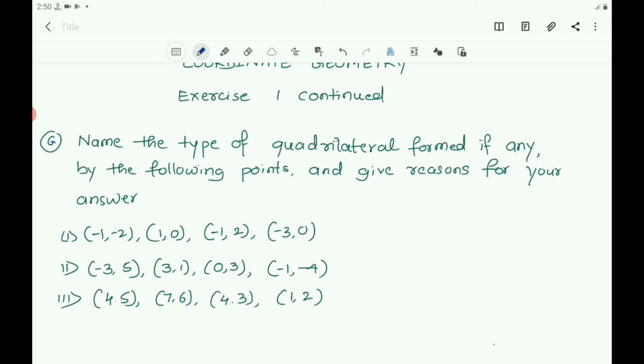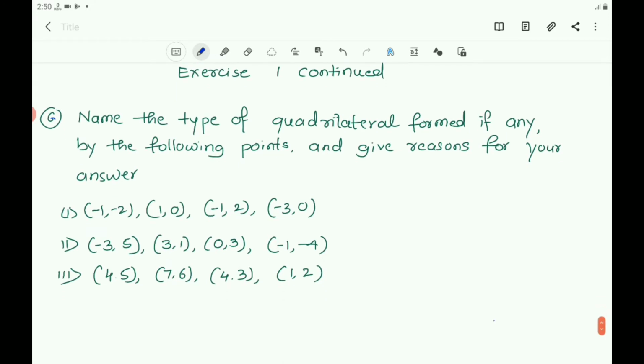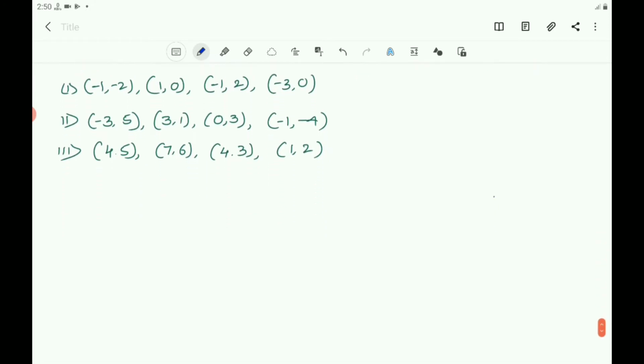Here you know that first we have to find the distance between the pairs of two consecutive points AB, BC, CD, DA, and after that we have to verify, if it is a quadrilateral, what type of quadrilateral is formed here. Now let us take one by one. First one is